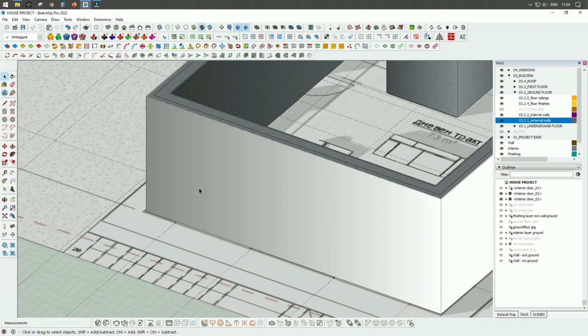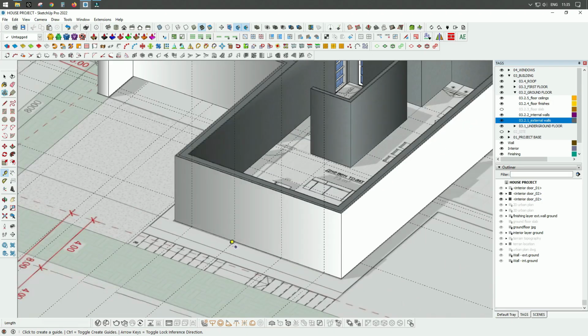I will do that by using again the tape measure tool, and I will create these reference lines from this corner up to here, and then from here to this reference line here, and then this one up to this one. And now